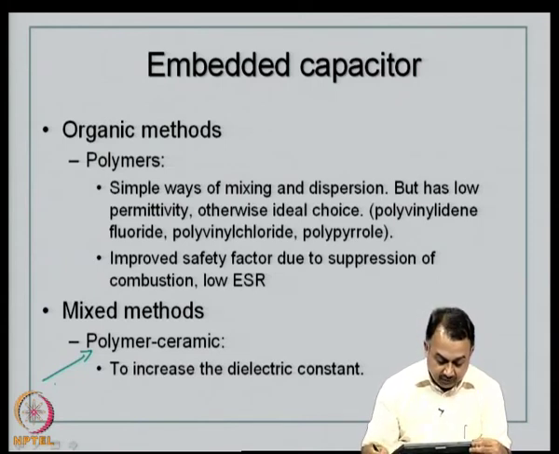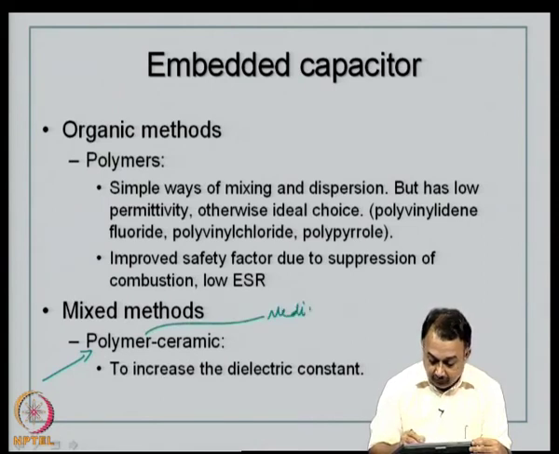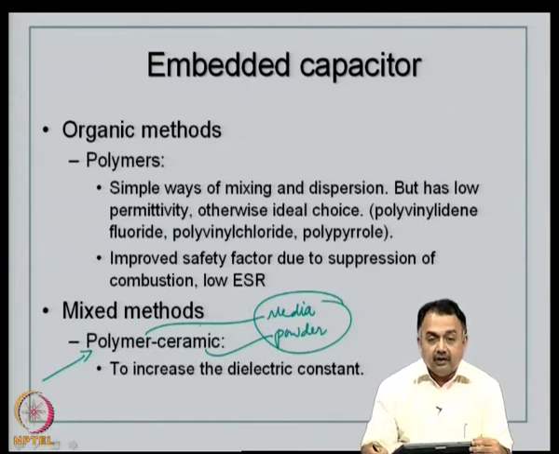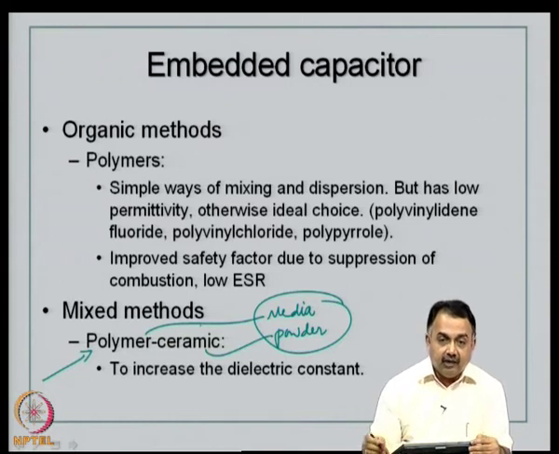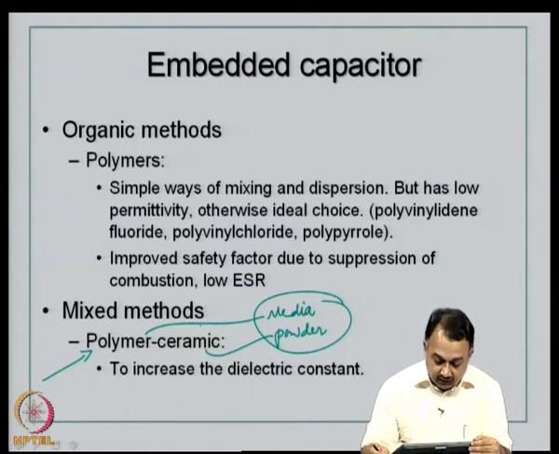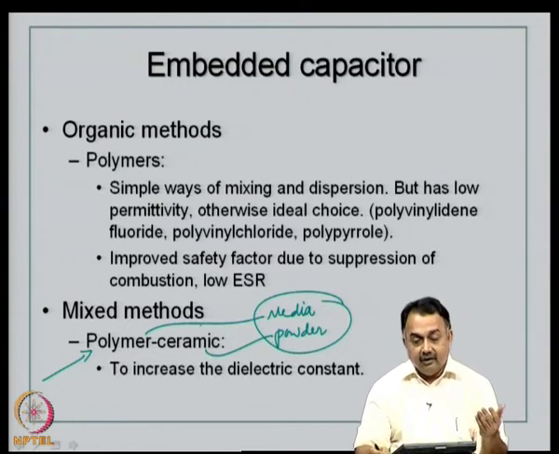If I can focus on the polymer ceramic method, which is known as the mixed method, you take a polymer as a medium and then take ceramic powders with specific dielectric constants, and you can mix them together to get a very good homogeneous mixture. These can be applied by, let us say, spin coating, typically in favor of spin coating and other coating methodologies, to an organic substrate that contains the bottom plate, typically copper,